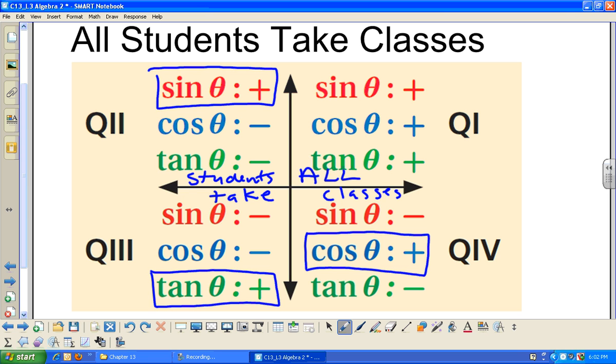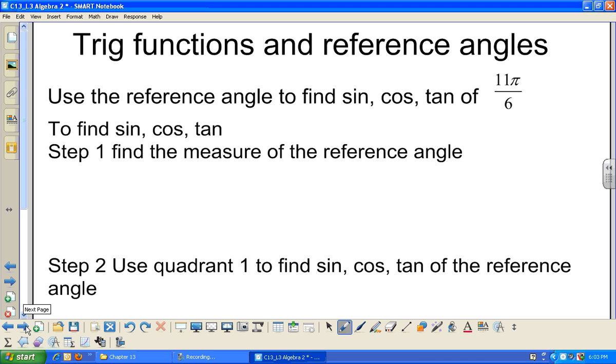Since you have a positive x, this means that the cosine will be a positive number. And remember, your radius or your hypotenuse is always a positive number. That's why a positive over positive will always be a positive number. Now if I'm going to use my reference angle to find the 6 trig functions,